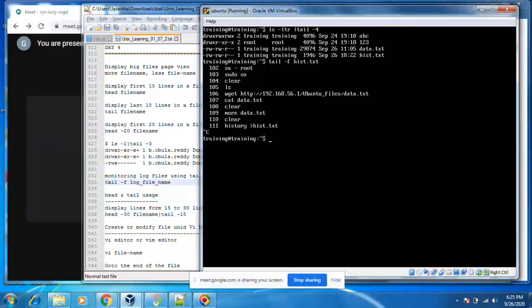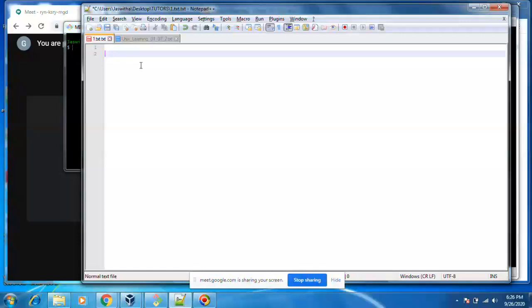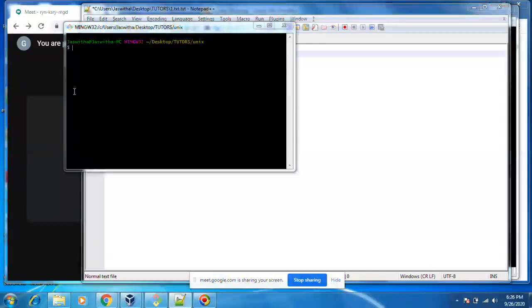Let's see some small example, some data in the file.